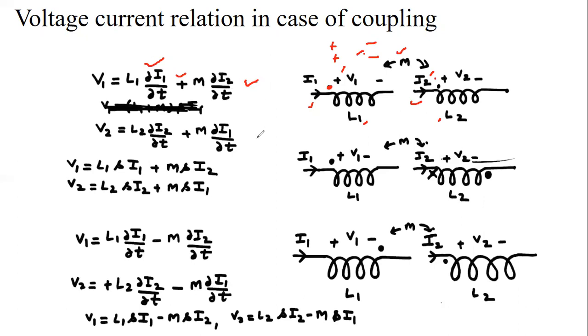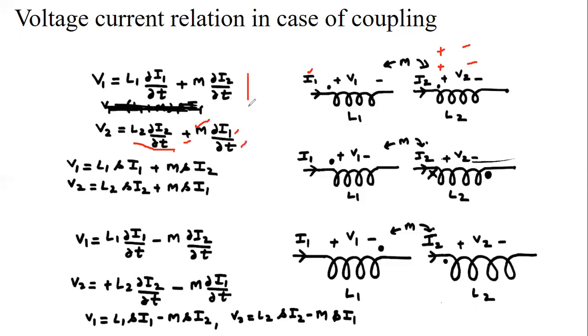Okay, the same equation we can get for coil 2. See, at the second coil, the first term due to the current I2 is L2 del I2 by del T, with the sign convention plus minus. And due to the current I1, current is entering from the dotted terminal, so here is again a term with the plus sign that supports this. So there is the plus sign, the mutual inductance is M, and that is del I1 by del T.